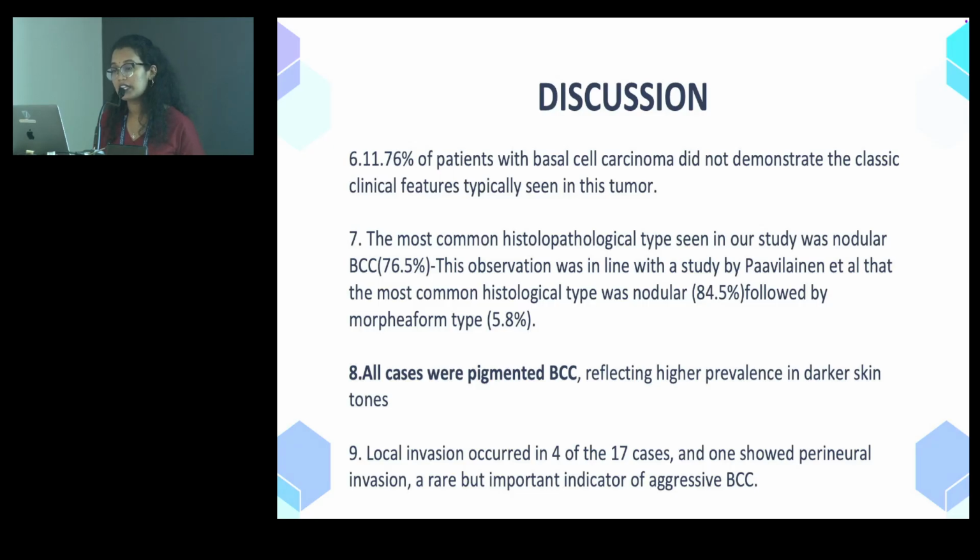11.76% did not demonstrate the classical clinical features, and the most common histopathological type was the nodular subtype, which was in line with other studies. All cases were pigmented BCC, reflecting higher prevalence in darker skin tone. Local invasion occurred in 4, of which one case showed perineural invasion, which is a rare but important indicator of